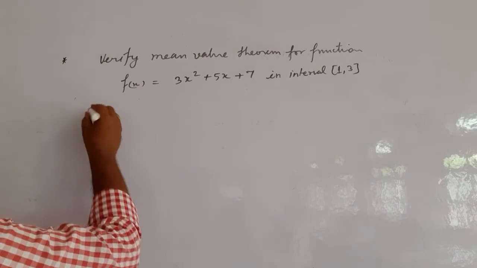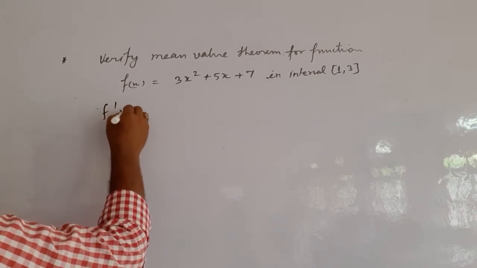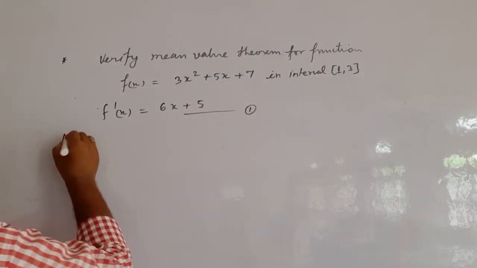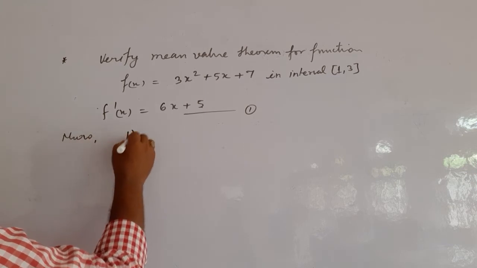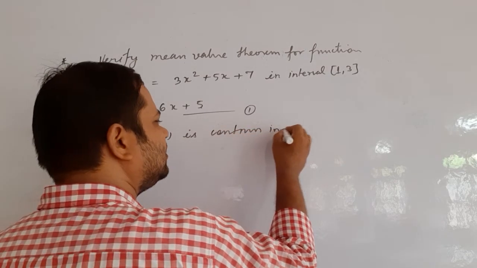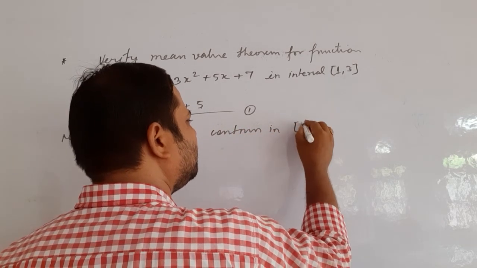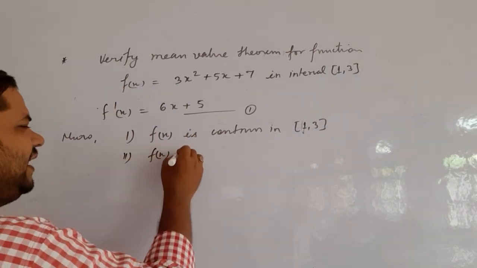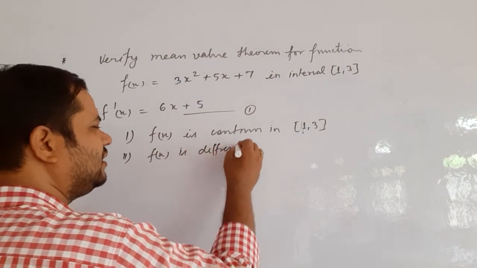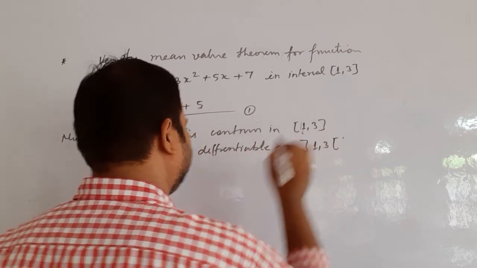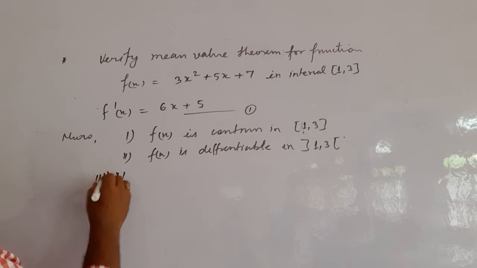Okay. So first of all we find f dash x. So f dash x is 6x plus 5. So this is equation number 1. Now we know that first, f(x) is continuous in closed interval 1 comma 3 being a polynomial function. Second, f(x) is differentiable in open interval 1 comma 3. Now third one,